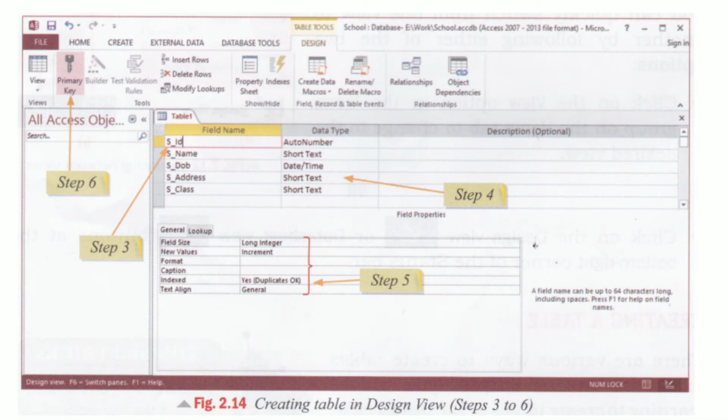For creating the table, we have to specify the field name, field data type, description of the field, and we can also set the field properties here at the time of creating the table. As you can see on the screen, in the field name column, the field names of a particular table are stored.